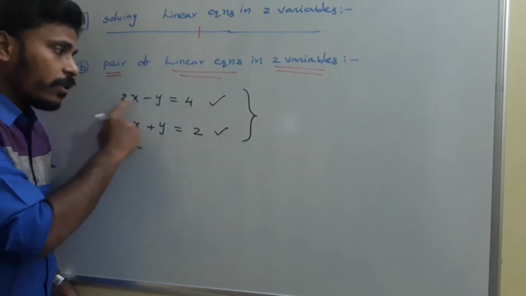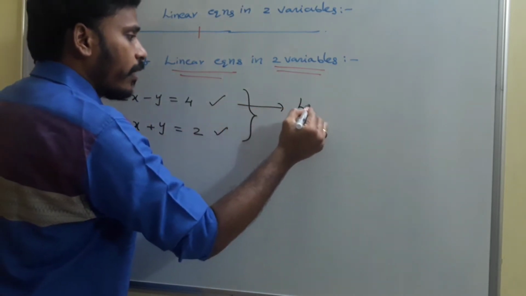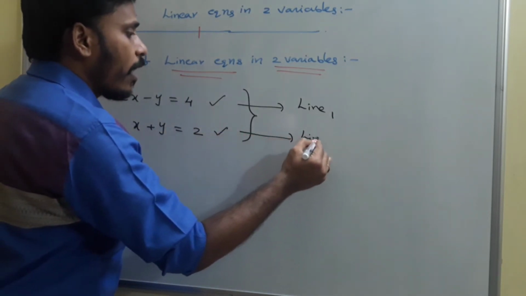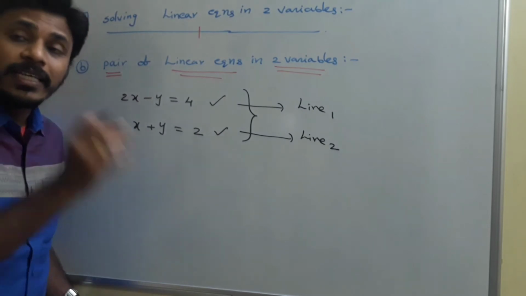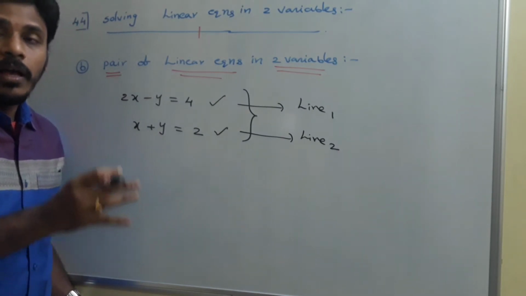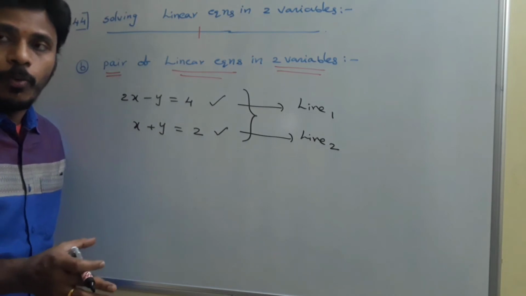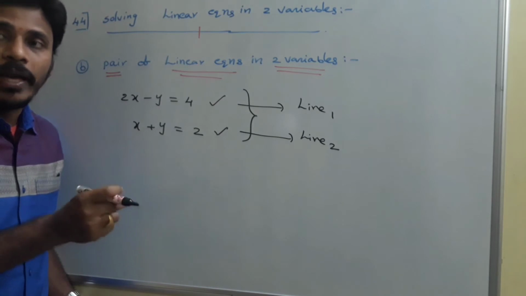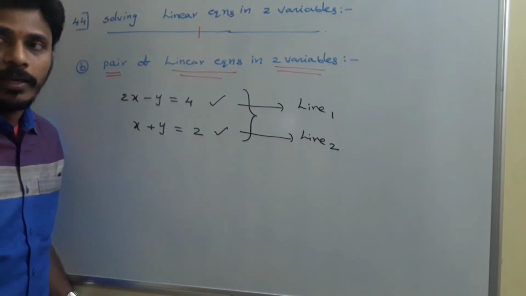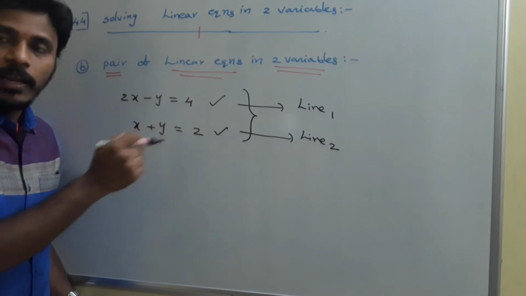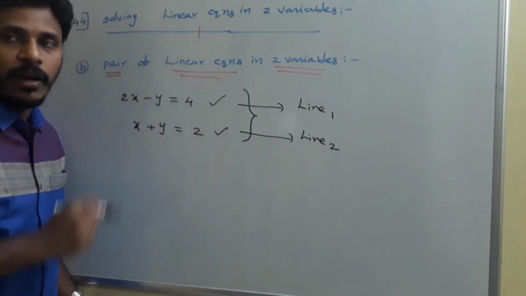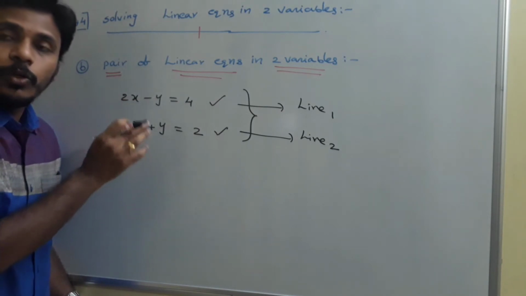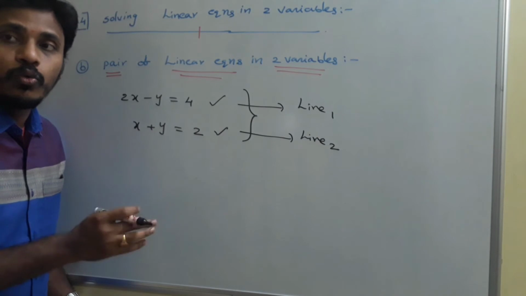As we discussed, this first equation represents a line, and you may say it is line 1, whereas the second equation also represents a line, and we say it is line 2. Every single linear equation in two variables will generate infinite number of possible points, and if you locate all those points corresponding to x and y on the graph sheet, they form a line. So this equation will give us a line on the graph sheet, and this equation will give us another line on the graph sheet. So having two linear equations in two variables is simply nothing but having two lines on a graph sheet.